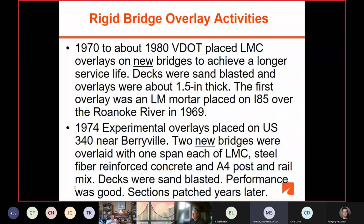So in 1974, the research division got involved in the overlay program to see if we can improve things. And so we put overlays on 2 bridges on Route 340 near Berryville. And again, these were new bridges, but VDOT was interested in trying alternatives to latex. So these were 3-span bridges. So we had 2 LMC overlays, 2 steel fiber reinforced concrete overlays, and an A4 post and rail mix, which